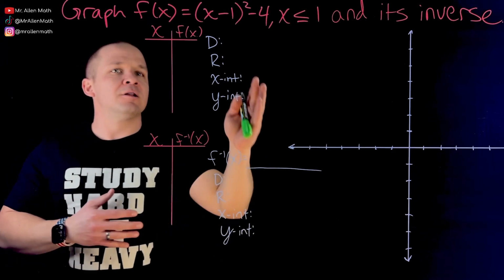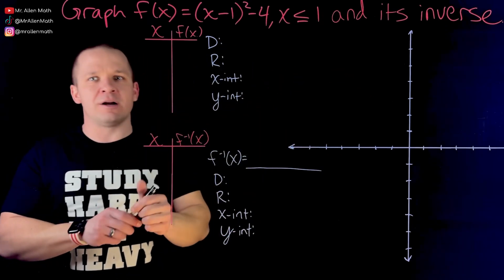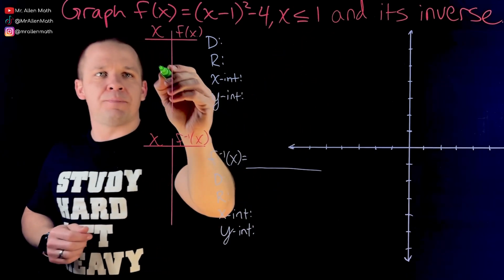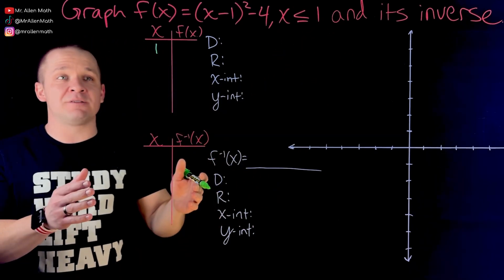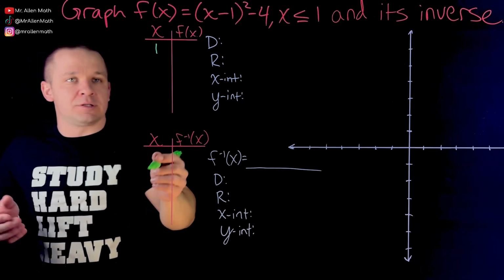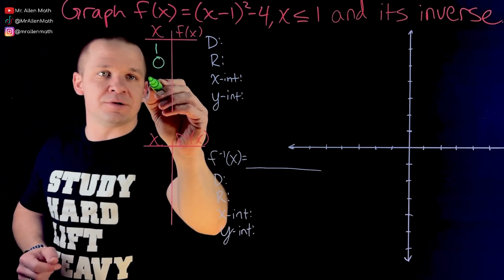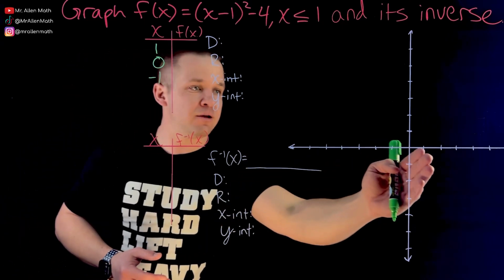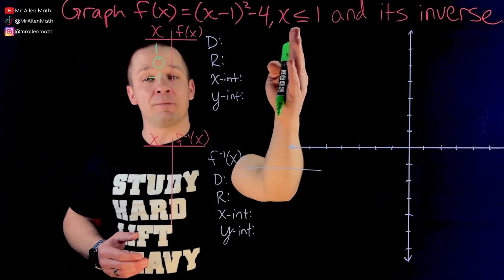So enough talking. Let's put some points here. Let's get a little picture going here, a nice little graph. I've got x is less than or equal to positive 1. So I'm going to pick 1 right here, and then I'm going to pick some values to the left of 1. Let's go with, how about 0? And then let's go with negative 1. This graph is shifted to the right one. I'm going to pick some values that go to the left because I want to be less than or equal